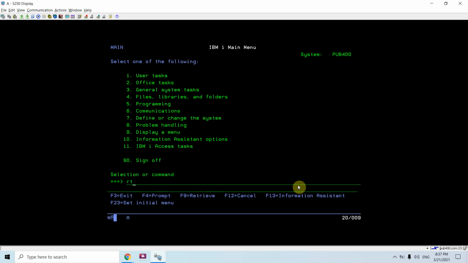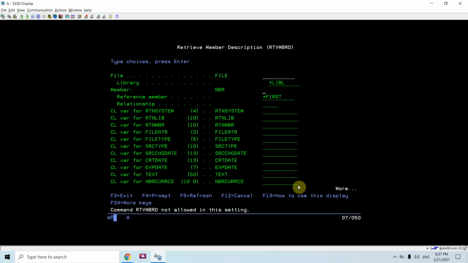There I can use the Retrieve Member Description command, and I can retrieve this into a CL variable, the parameter for the current number of records. So we can retrieve this value in our CL program and get the number of records in that file member.